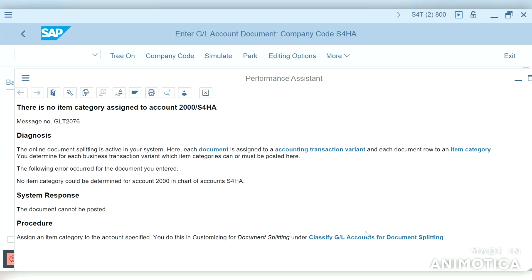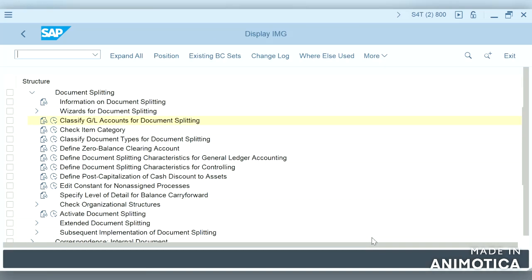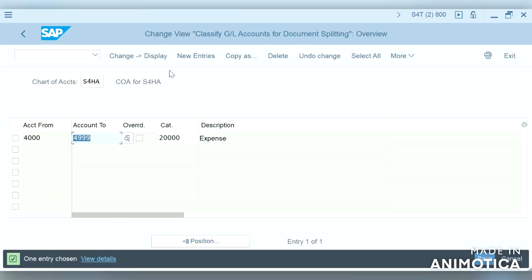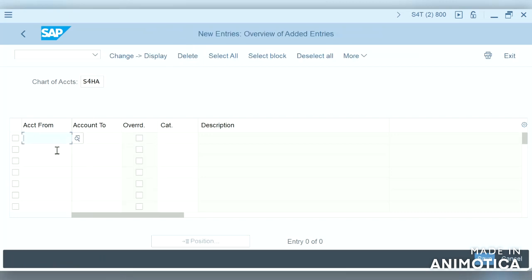It's a balance sheet account. Let us move on and view, given to this 2000 to account 299.